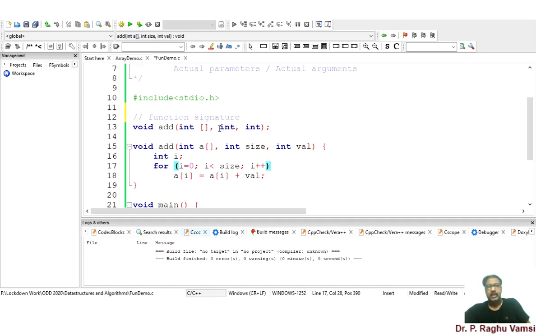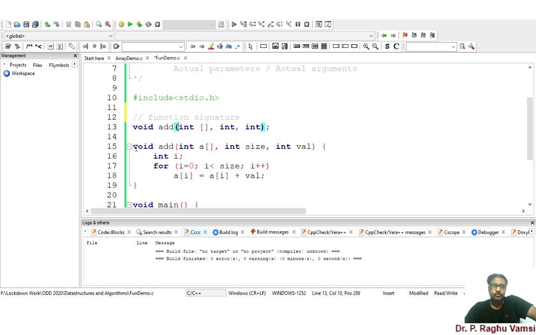If you miss any argument, then the program will not compile. The reason is the parameters at the function declaration are not matching with the function definition. So the return type, function name and the parameters are said to be the function signature. So the function signature at the time of function declaration and definition must match.